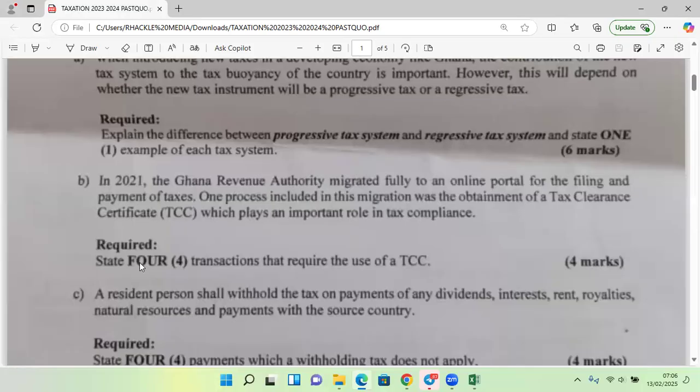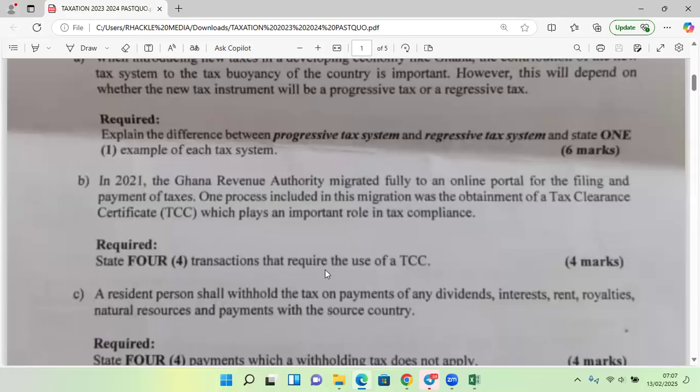So some of the transactions that require the use of TCC include involvement in government tenders, also renewing business licenses, also obtaining visas and travel documents, also conducting certain financial and legal obligations, and also title registration and transactions, custom clearing and forwarding,